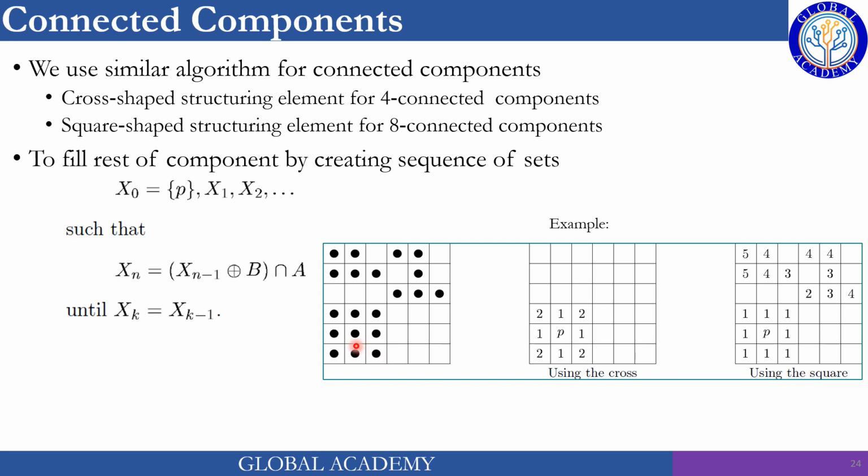So in cross you definitely cannot move beyond this, because using cross it's like 4 connectivity, and using a square-like structuring element of all ones is like 8 connectivity. But as we know that these pixels are 8 connected along the diagonal, we will get all the iterations to this point.